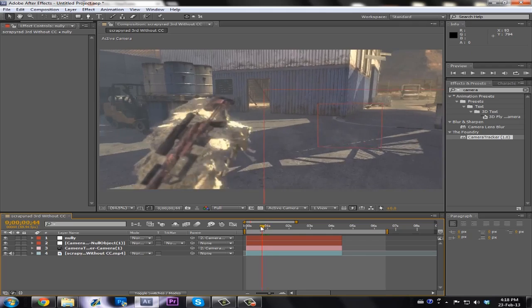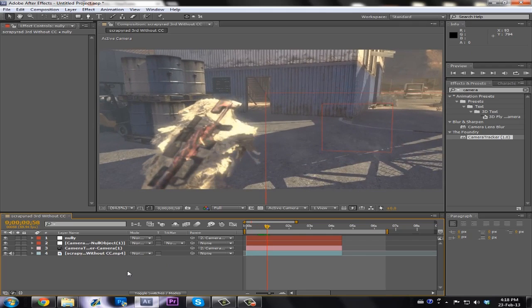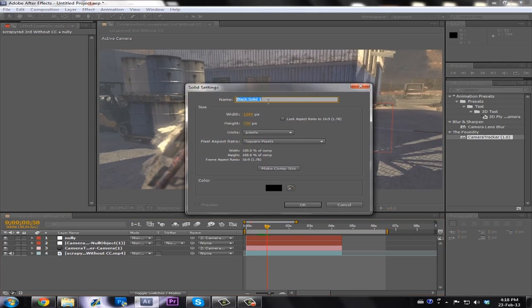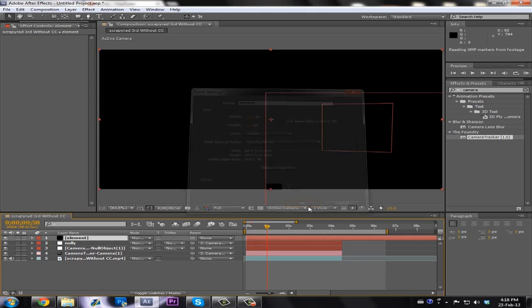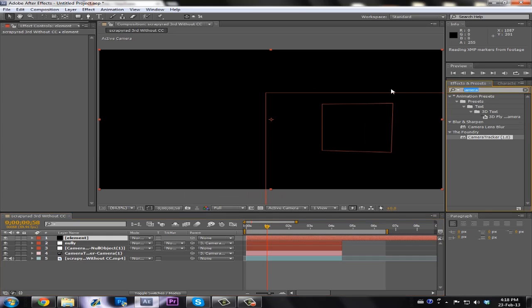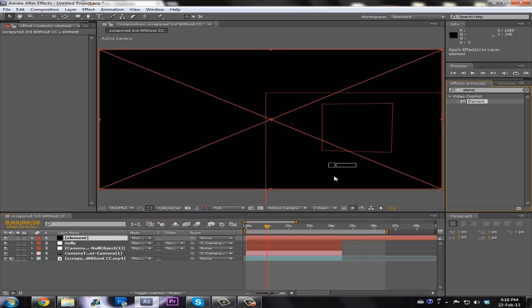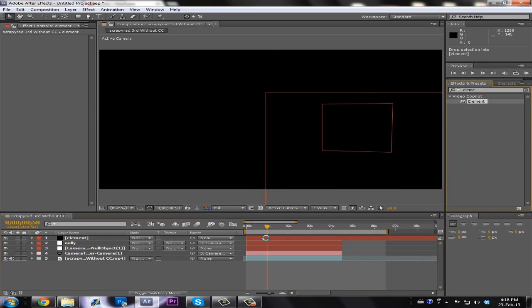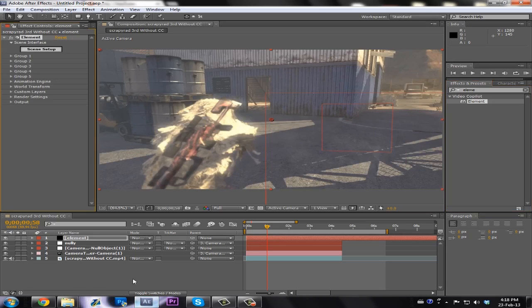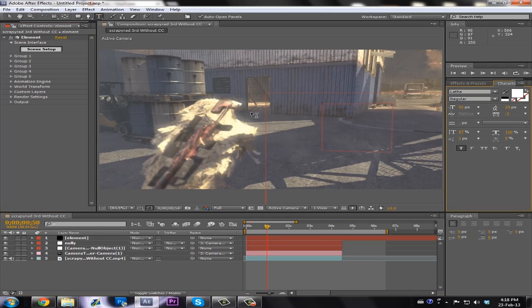And this is the fun part where you add in your text. So first thing I'm going to do is make a new layer by doing Control Y, and we're going to call that element. You go to your effects and type in Element by Video Copilot. Drag that onto the solid. So now it's on, and this is when you can add in your text. So go to the top, new text, and we're just going to put